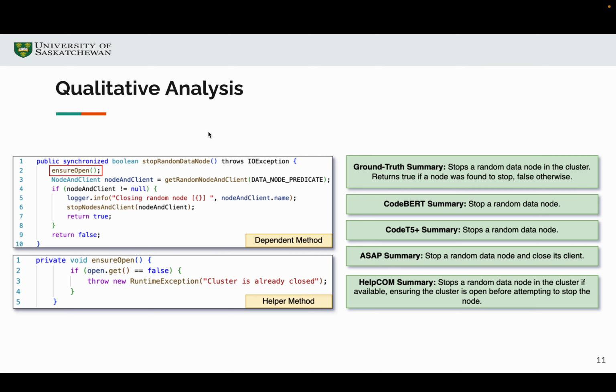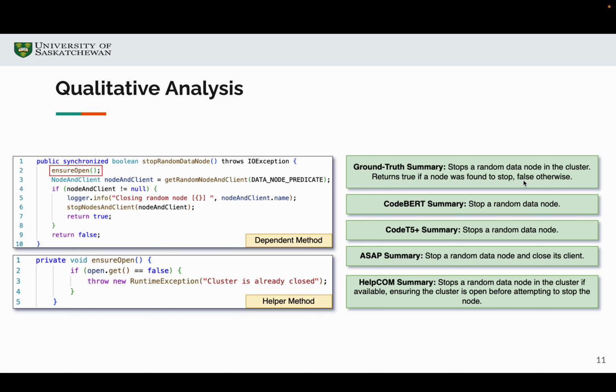Okay, so here we can see an example of qualitative analysis for our technique. Suppose here is given a function, stop random data node, which depends on the function ensure open, which is a helper method. We also give the implementation of ensure open here, and you can see the ground truth summary that was originally written by a developer, which says: stops a random data node in the cluster, returns true if a node was found to stop,